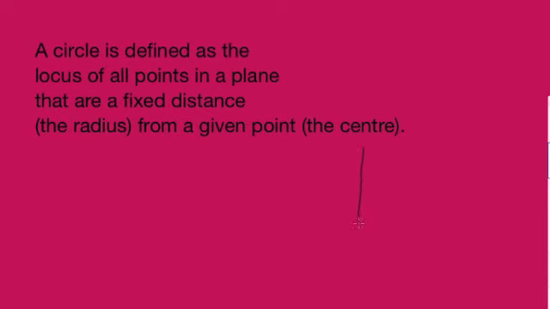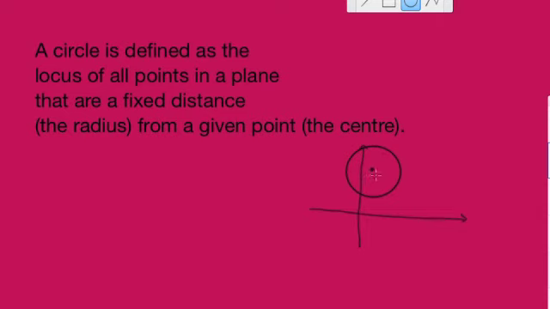Let's just draw a set of axes, and let's just draw a random circle. I'll just draw a really bad circle because I'll try and draw a nice one. So here's a circle. Now we've got our centre point here,